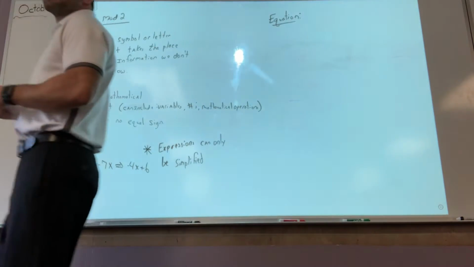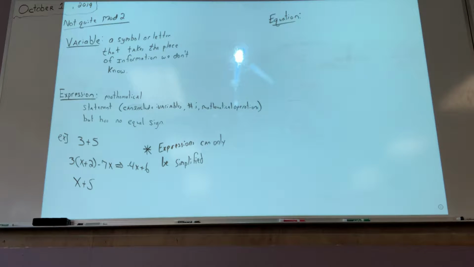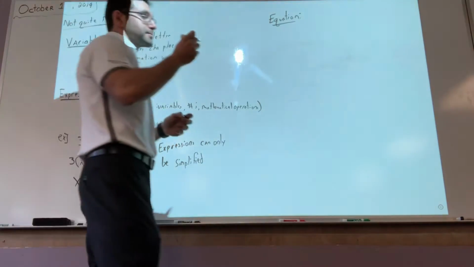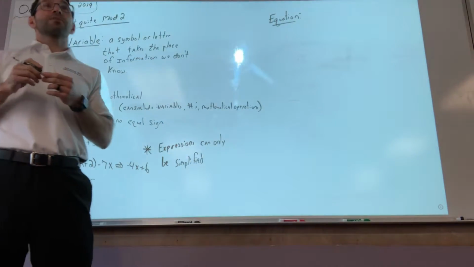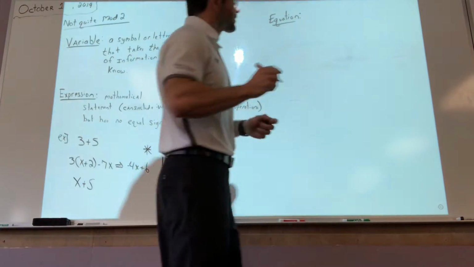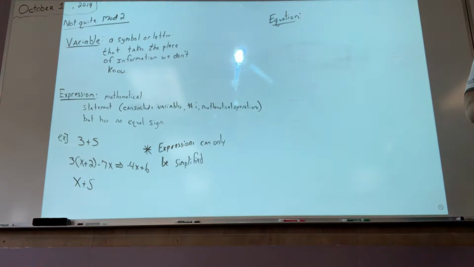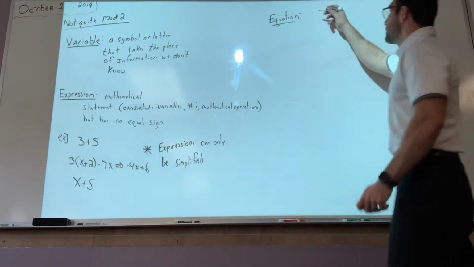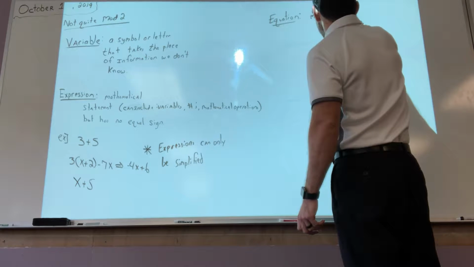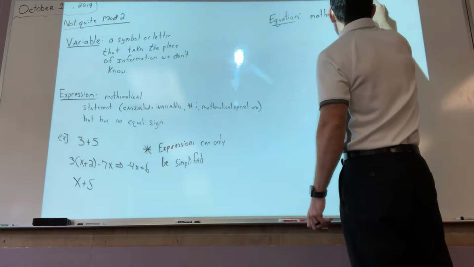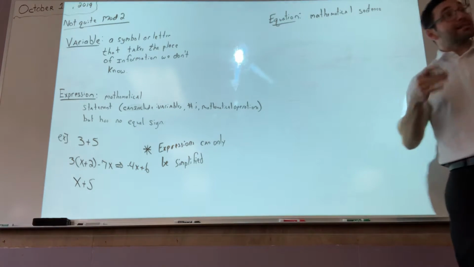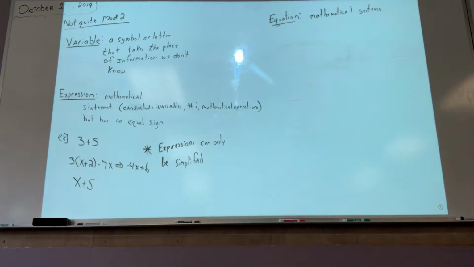I told you yesterday what an equation was. What is an equation? I've already called on Sydney, I'm calling on Addie. Go ahead, Sydney, or Sophia. An equation is a statement. So, it's not going to be a statement this time. It's going to be a mathematical sentence, because when we read this, it's going to have a verb, because equals is the same as saying is. So it's a mathematical sentence,